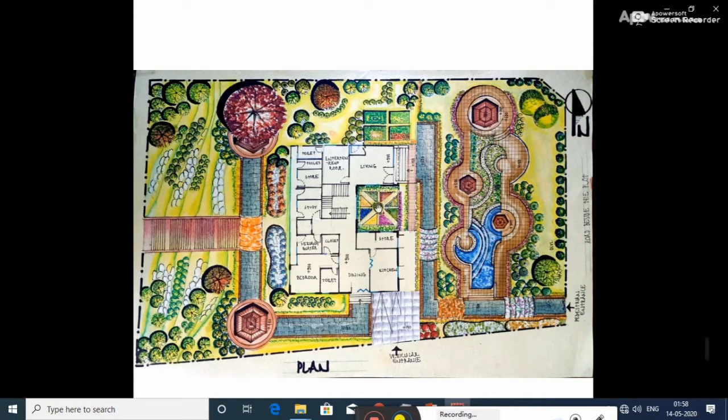Now coming to the south part of the plot, here only some shrubs are planted to keep this side cool, but it will not guard the south air. There is a bed of hydrangea shrubs and jasmine, and there is a bed of hibiscus and crepe jasmine. Now, this is a mango tree beside the bedroom to provide shadow from the scorching sun in summer, as this is the west side of the plot.